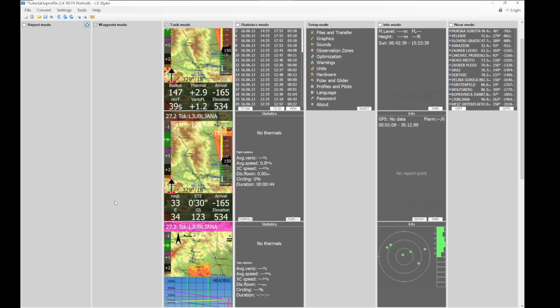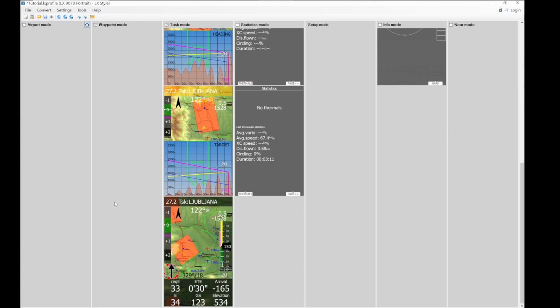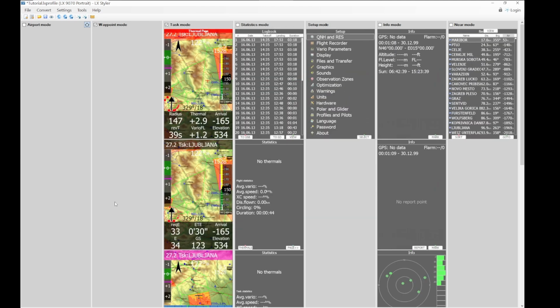As you can see, it does take quite a bit of effort to create your own profile, but I think it's absolutely worth it. I definitely will have to think quite a bit about what exactly I want in my profile. It's not easy to decide what you want to have on your profile in just 5 minutes, but as you will be flying, I'm pretty sure you will over time get an idea about what is really useful for you during the flight and what isn't,